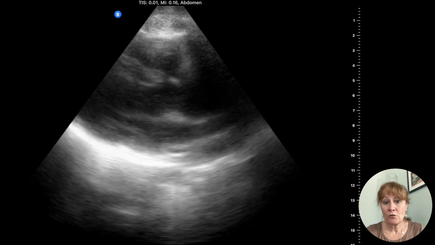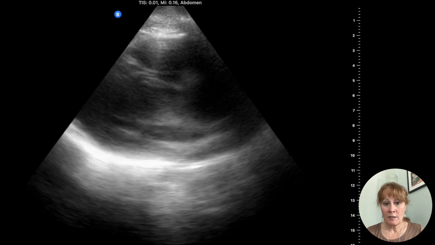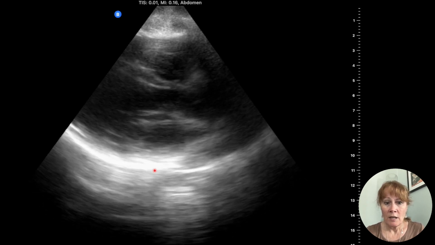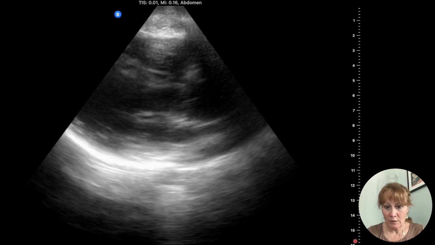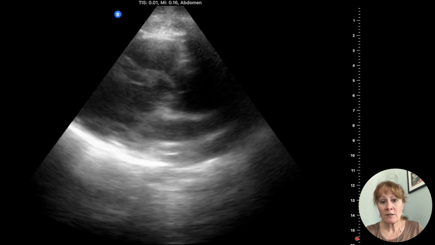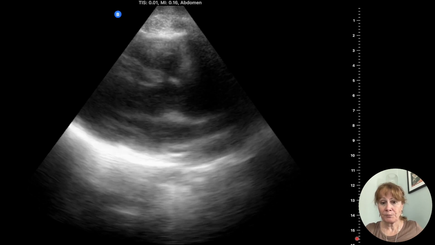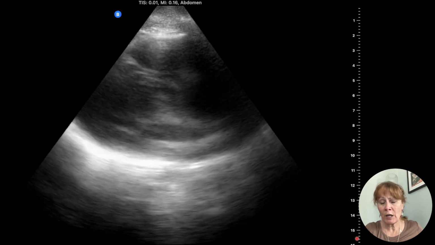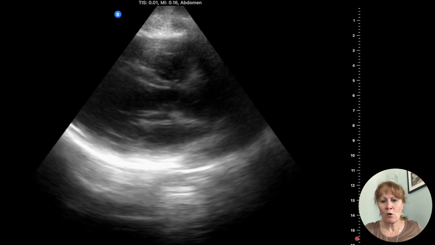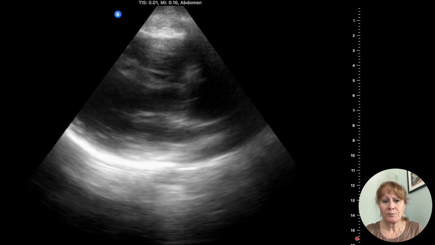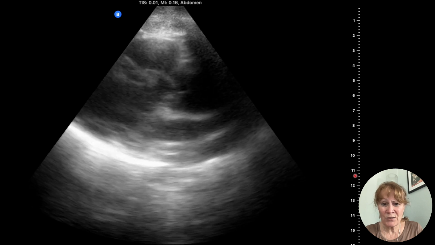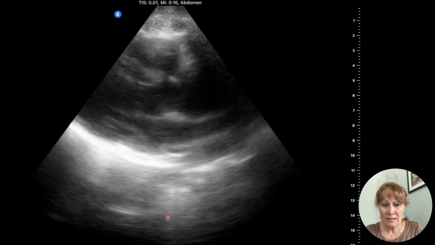This is your parasternal long axis view. It's a little fuzzy, so you might not recognize it as the classic view. It's fuzzy because the depth is too deep. We're down to almost 16 centimeters. So in the parasternal long axis, it's not as deep as when we're getting the subxiphoid view or the apical 4 view, because you're so far away from the heart in the subxiphoid view. So you want to adjust your depth to around 12, 13, and that would get rid of this extra